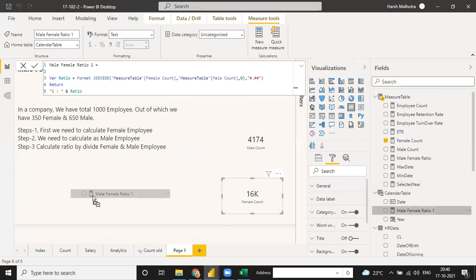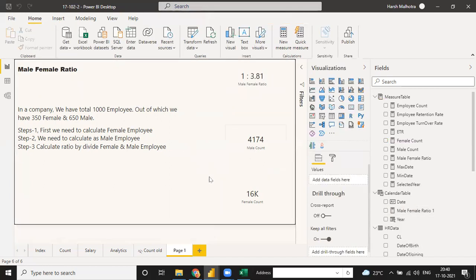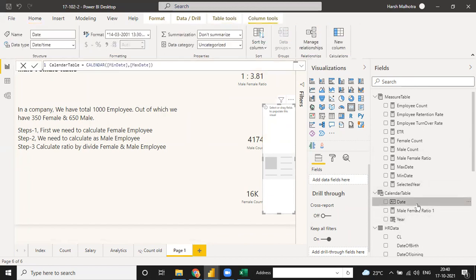This one is the male female ratio. Put it here. See, the answer is the same.